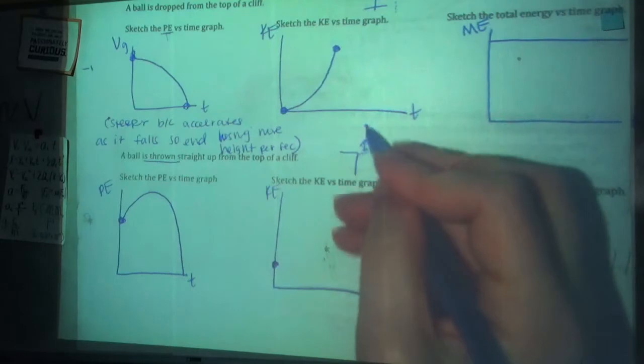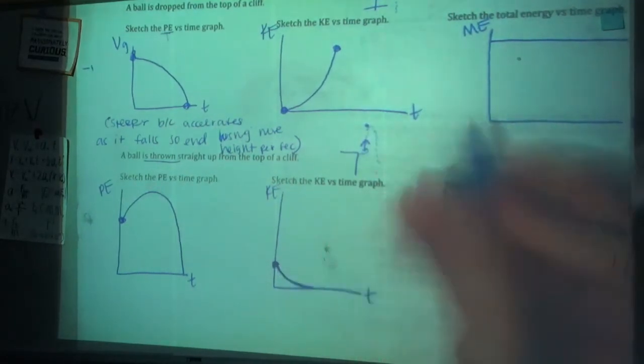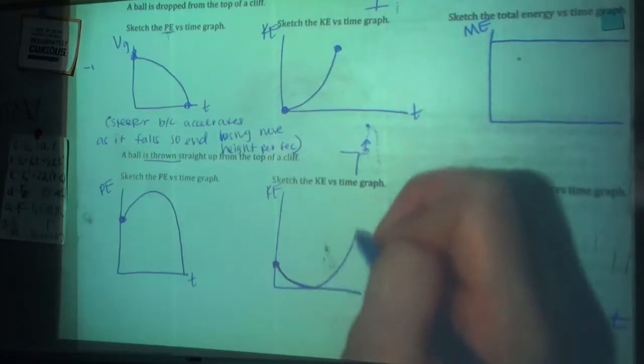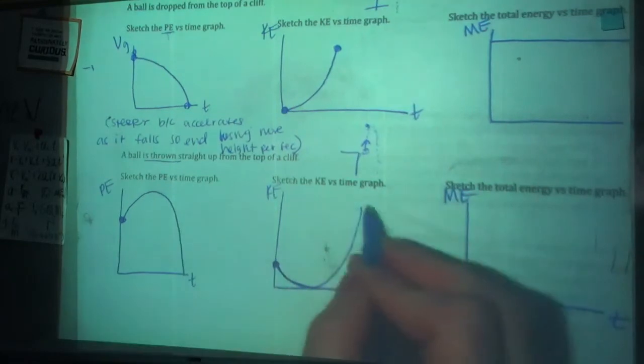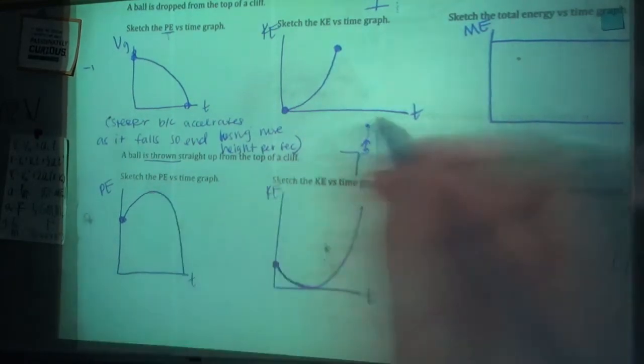So on its way up, it slows, so something like this, slows. And then on its way down, it's getting faster and faster and faster. It's accelerating, so now it's going to increase. And its kinetic energy at the end is going to be equal to the very maximum potential energy, the potential